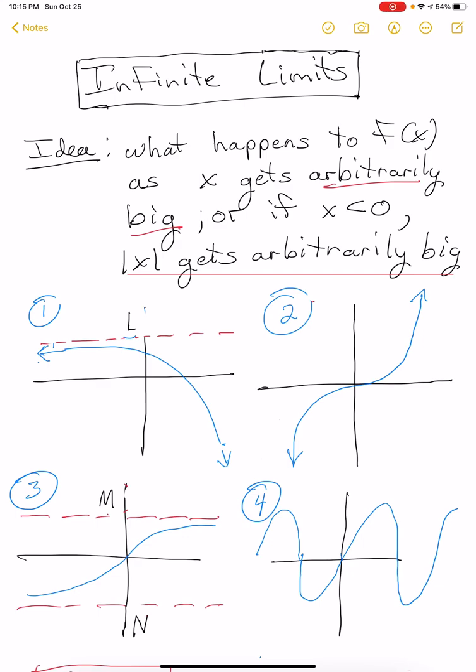Okay, this video is about infinite limits. These are limits where you see x is going towards infinity or x is going towards negative infinity, as it turns out. All right, so the basic idea, as stated there, is we want to look at what happens when x gets arbitrarily big, or if you're talking about negative values of x, absolute value of x gets arbitrarily